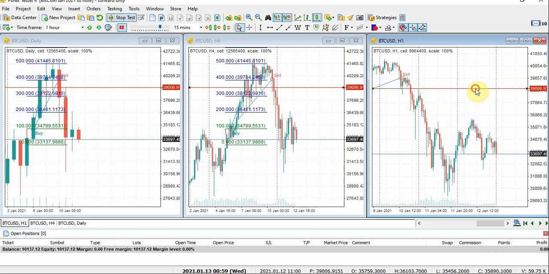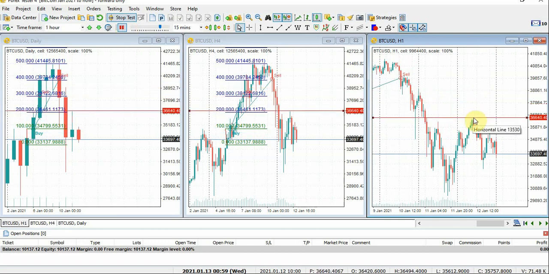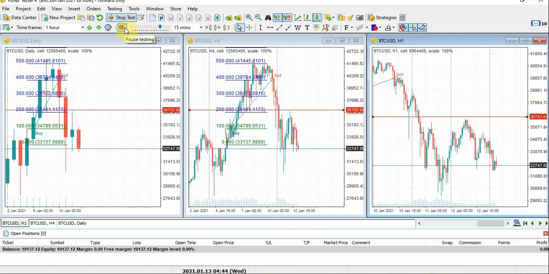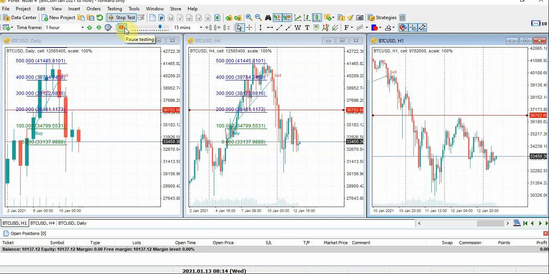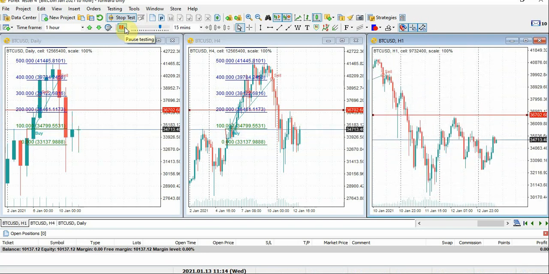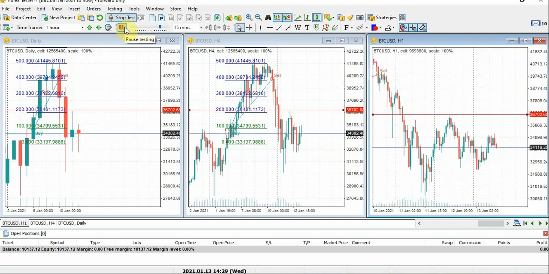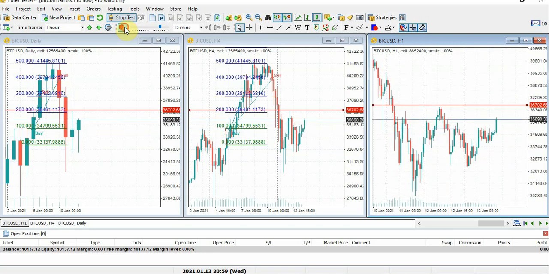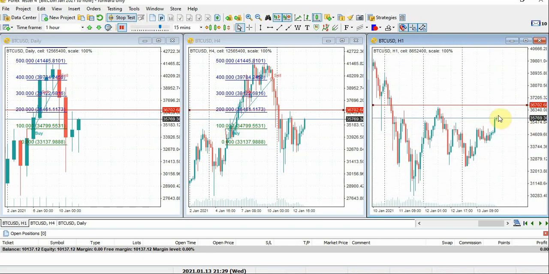Okay, previous day's high is now here. Let's see if we can print a little bit of structure before we engage there. Okay, it's heading up. Heading up. So you can see, I'm not going to place the order yet because it would be a buy